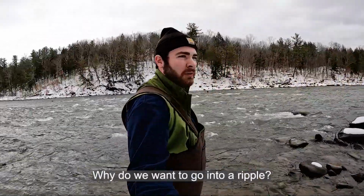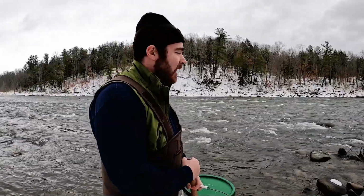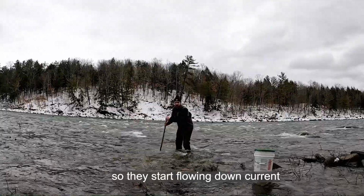Why do we want to go to a riffle? Because that's where the water is getting mixed up, and that's where the oxygen mixes into the water because it's creating those bubbles. And those bugs that breathe the water, they need that oxygen to breathe. Take some of the front, stir those bugs so they start floating down